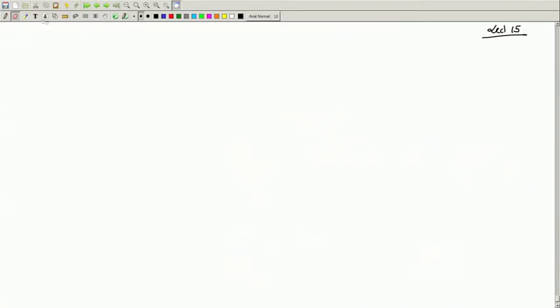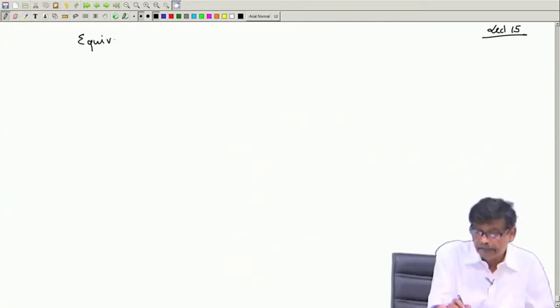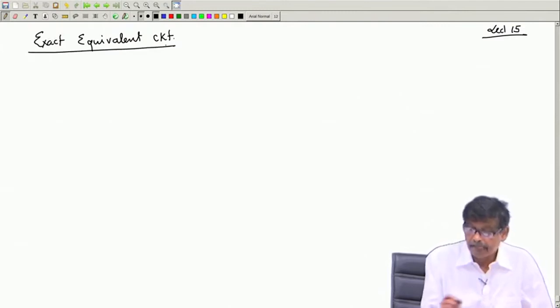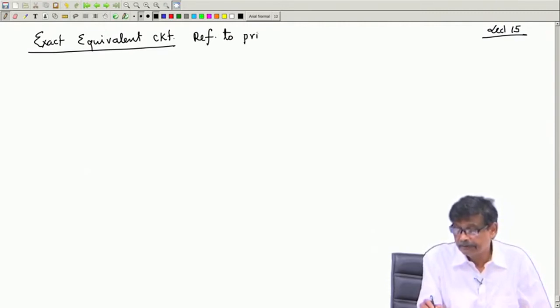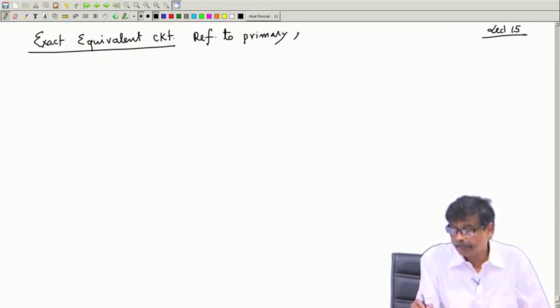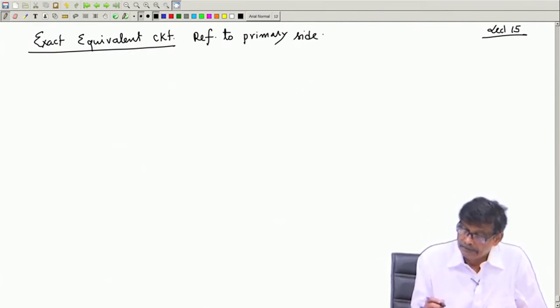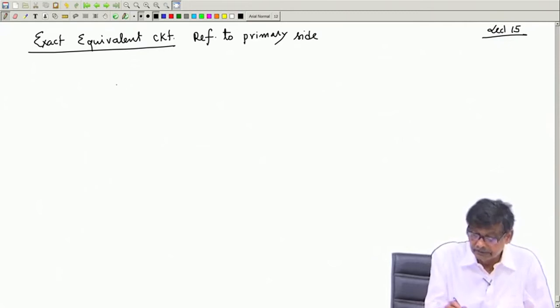So, welcome to lecture 15 and we are discussing the equivalent circuit of a transformer. In fact, this is the exact equivalent circuit, referred to the primary side. And the equivalent circuit we got last time is this one: primary winding resistance R1,